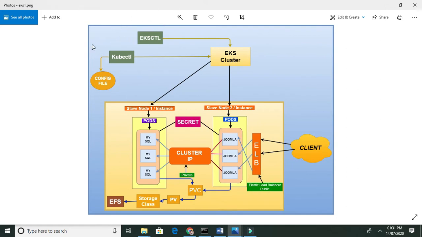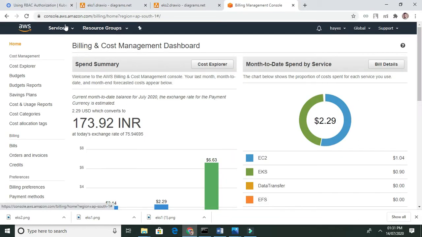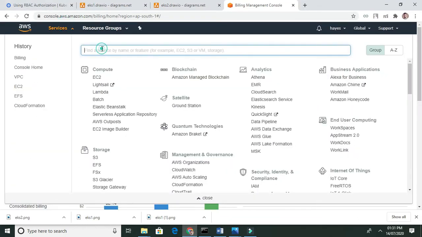Here we use some commands of eksctl and kubectl, and we also use the AWS command. We use the AWS command to configure and access the AWS services. First we use the aws configure command. Why do we use it?